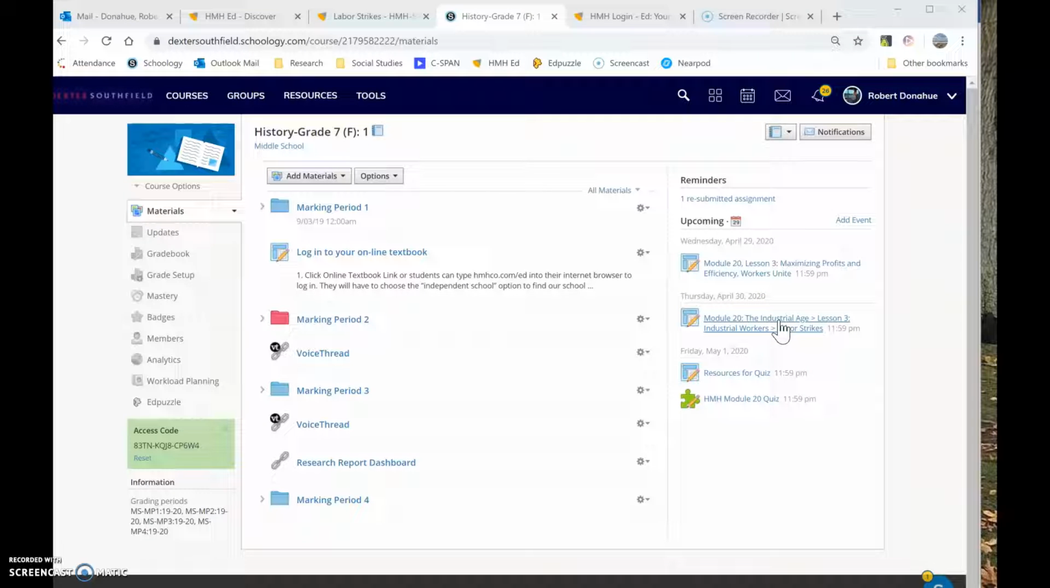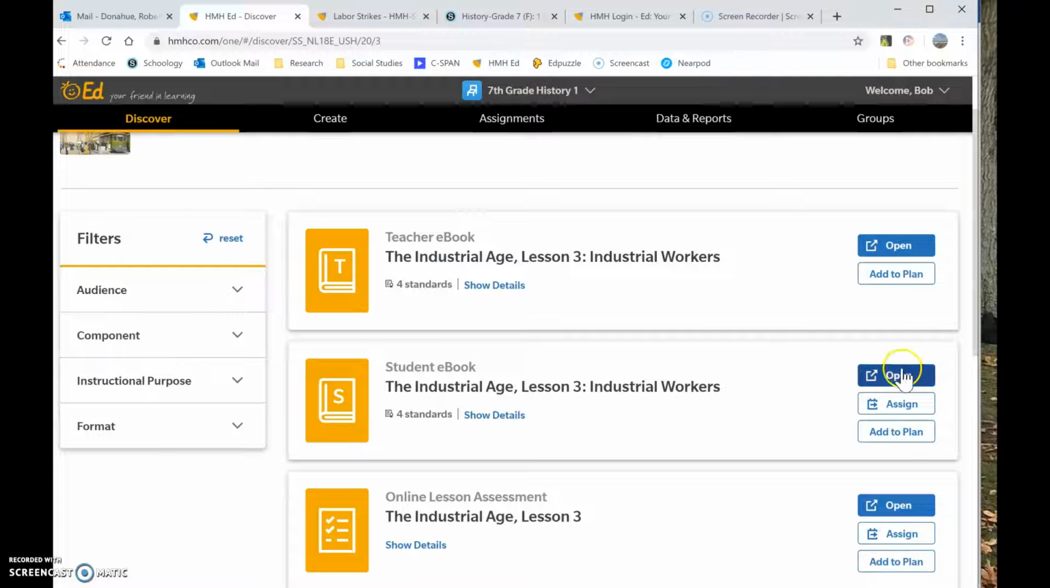And then for tomorrow, you could work on that today or tonight. Your assignment is to do the last section of Module 20, Lesson 3, Industrial Workers Labor Strikes. So that if you finish all of that, you'll be done with the entire section in the HMH textbook, which